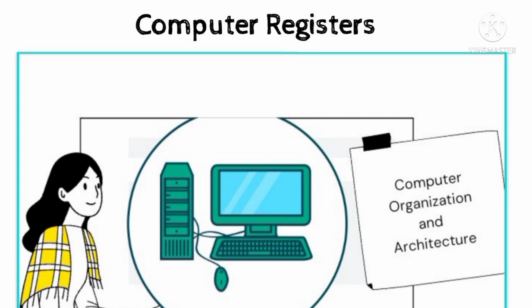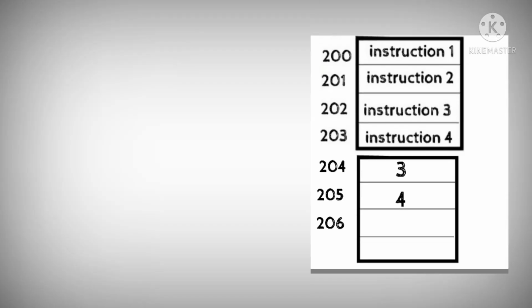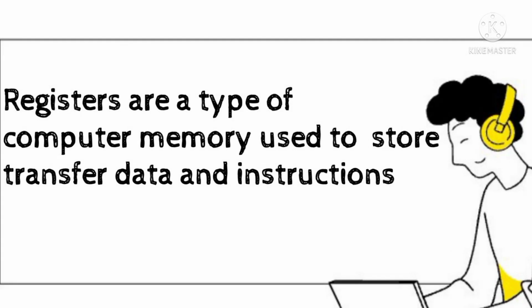In today's video, we are going to discuss the different types of computer registers. In the previous lecture, we have already seen the instruction code and its types. Whenever we are fetching any instruction, data or address from the computer memory, our CPU uses its own registers to store the data. So we can define a register. It is a type of computer memory element which is used to store and transfer data or instructions.